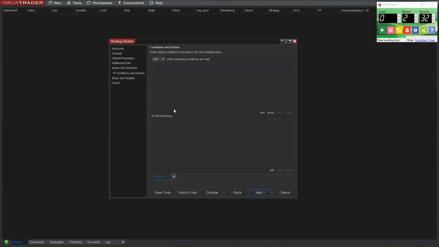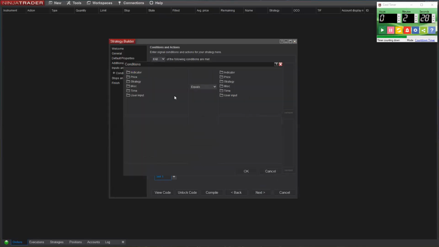Now we define our entry rules and the actions that should happen. So our first entry rule is that the divergence cloud indicator, scrolling down to divergence cloud, needs to give us a bullish entry signal. So we scroll down. Where are we? So a long entry signal is already given here.